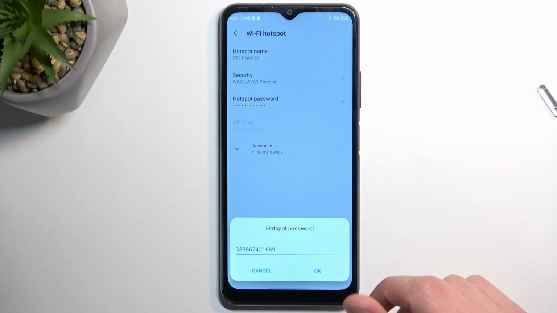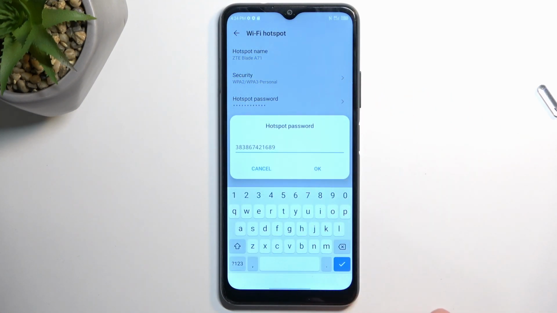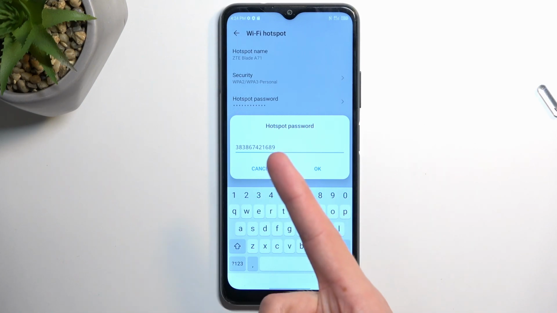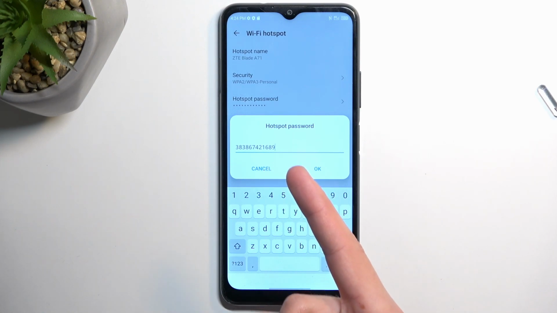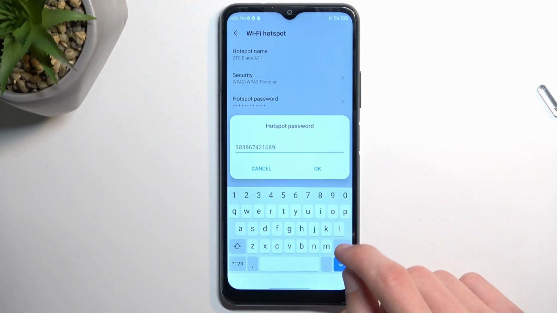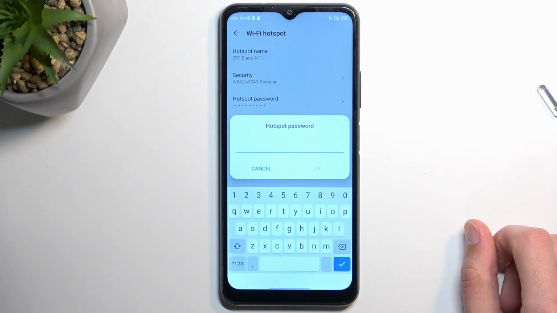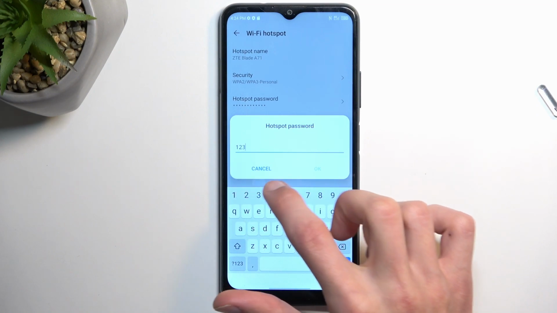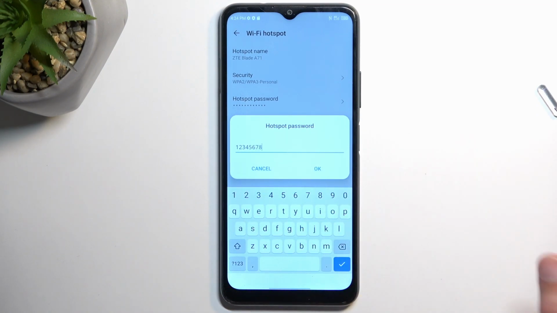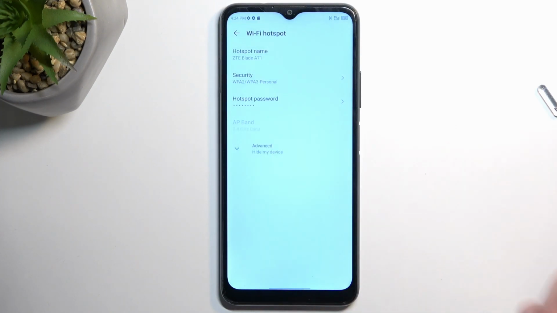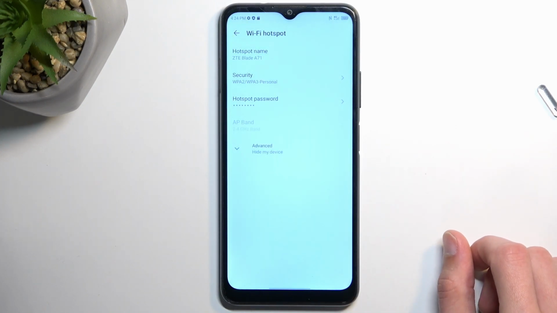Now what I actually recommend doing is clicking on the hotspot password and changing it. Now this, I believe, has been set by someone else. Usually the randomly generated passwords also have letters along with numbers. This one only has numbers, so chances are this has been set by someone else. Now when you're selecting your hotspot password, it needs to have at least 8 characters in length. As you can see, I just set it up to be exactly 8 characters in length, and from there you can